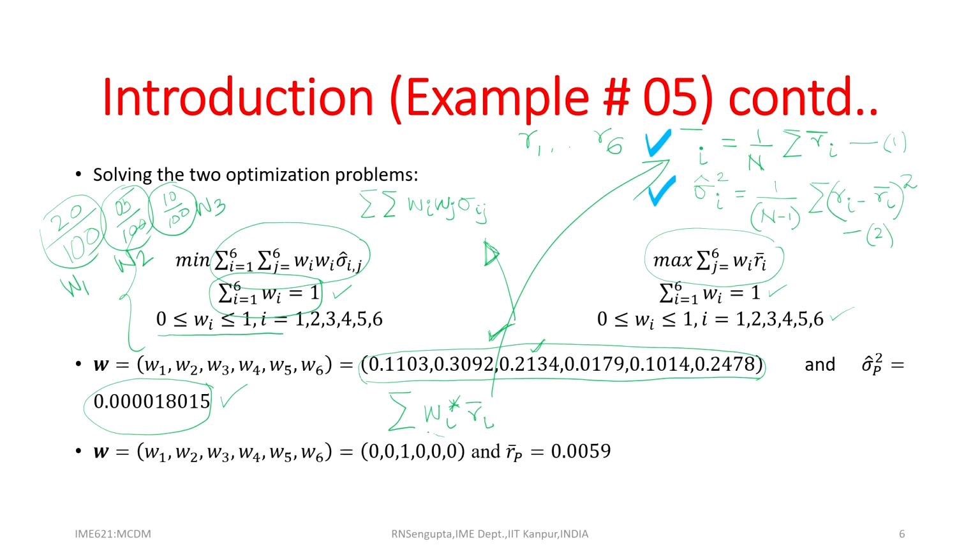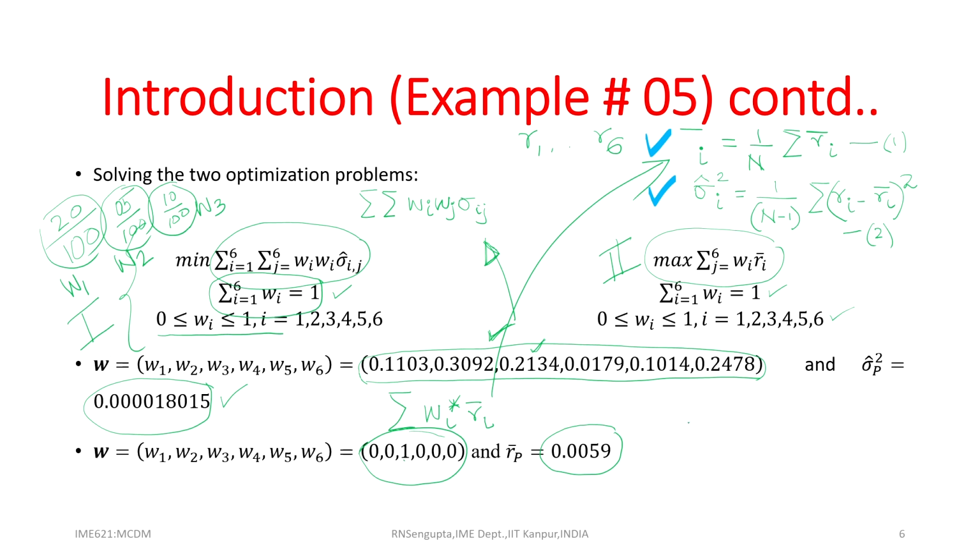If you put it in the problem solver, we will get the weights as only for one it is total investment, others are 0, and if I find it out, the total return comes out to be 0.0059. Again, in this case, if I want to find out the corresponding risk for that optimal portfolio where we are trying to maximize the return, the variance for the second case, which I will denote as 2, and this was basically 1 where we wanted to minimize the risk.